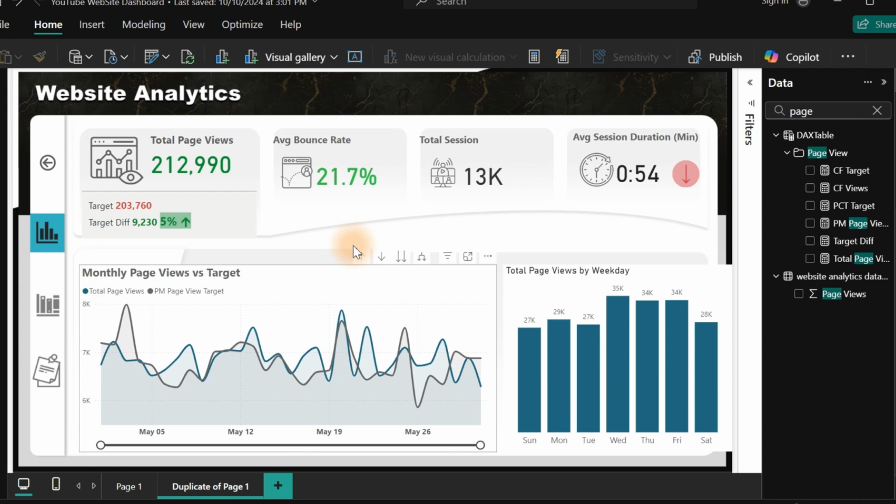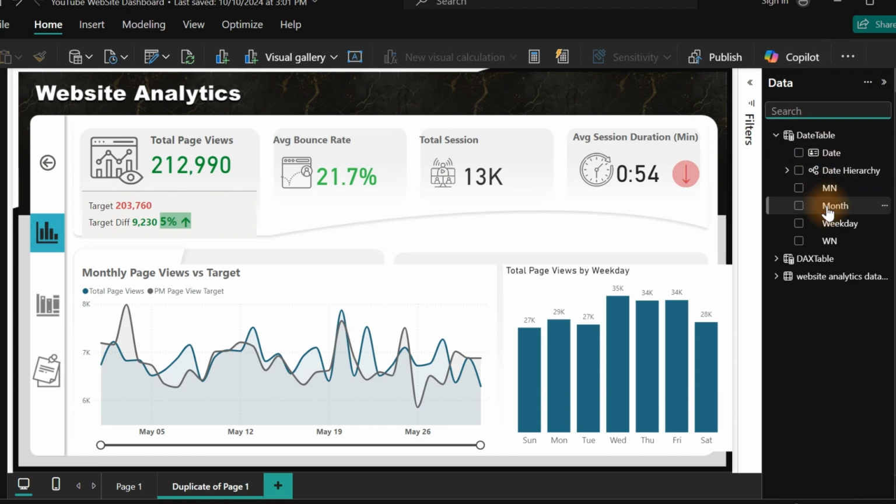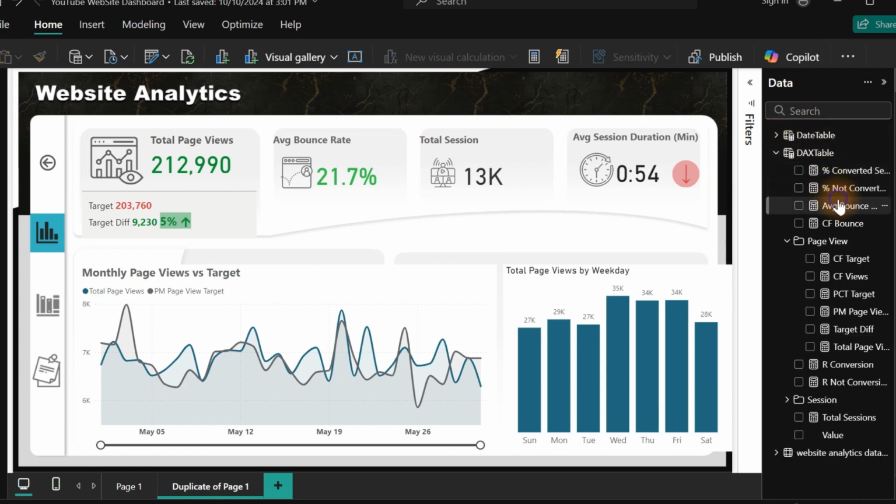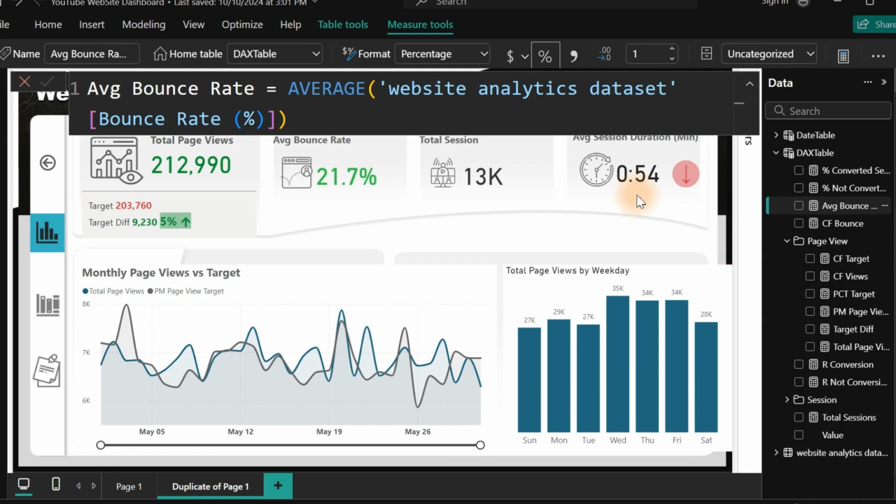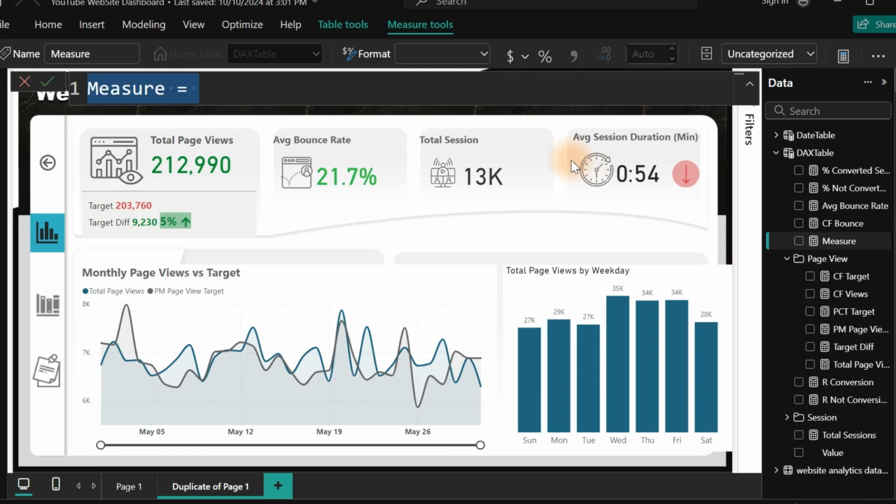So let us make this a bit more clear. We just want to make sure whenever we drill through to this page, we want to show people what we clicked on to drill through to this particular page. So we have to write a measure for that, and it's very simple. Measure, but it might look a bit bulky. Very simple. Let us write the measure. So over here, I'm going to right click on my DAX area, new measure. All right, once we have this up, the next thing we have to do right now, I'm going to say